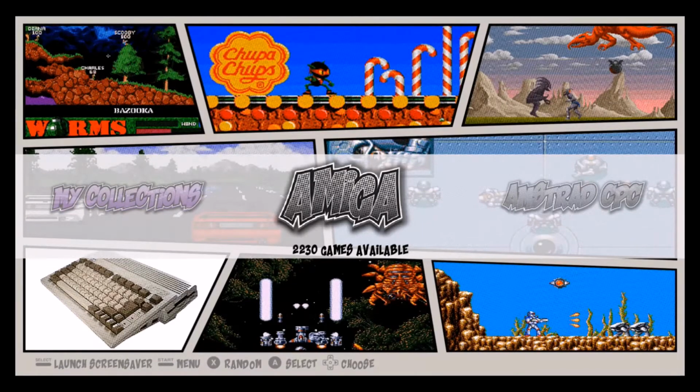Okay, so here we have the system that you're presented with when you boot up the Raspberry Pi. This is EmulationStation, and this is where all your consoles live. So obviously depending on the version that you get, you'll see different systems. Because I've got the Extreme version, I've got pretty much most of the systems on here,